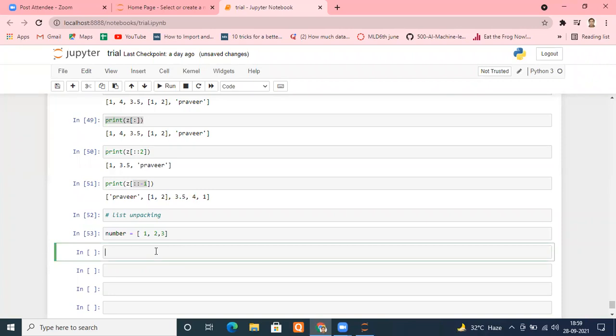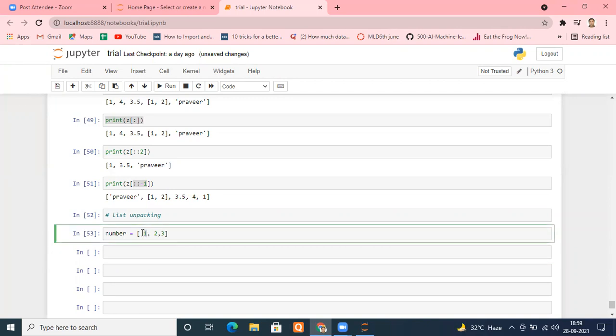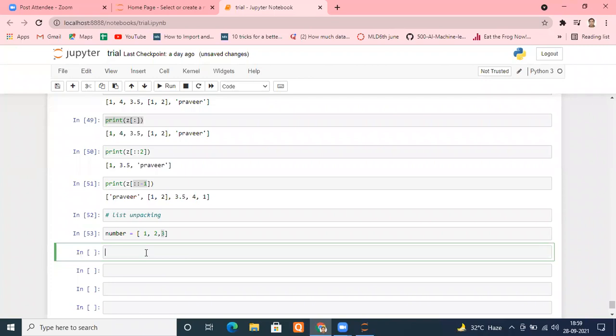Now suppose I need 3 variables, and in one variable I want to assign the value of the first element, in second I want to assign the second element, in third I want to assign the third element. So how can we do that? There are 2 ways of doing that. One, I said that variable is a, so I did number index of 0, right?